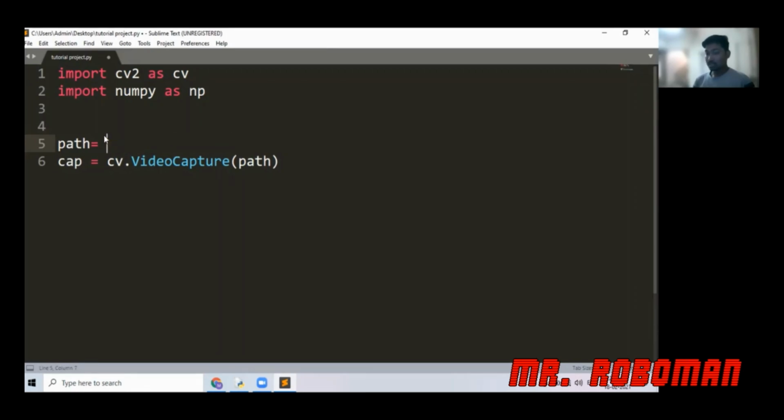I'm just using my internal camera, so I'm putting 0 over here so that we all can get this information really easily. So this path is my variable where I'm using my internal camera. So once I take the internal camera into consideration, let's go for how exactly we can take the camera frames as well.